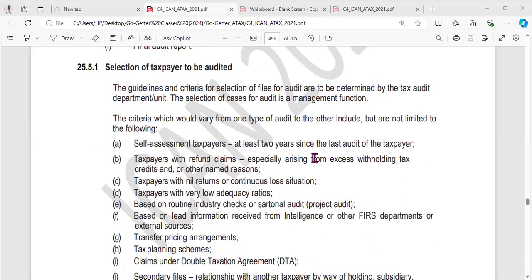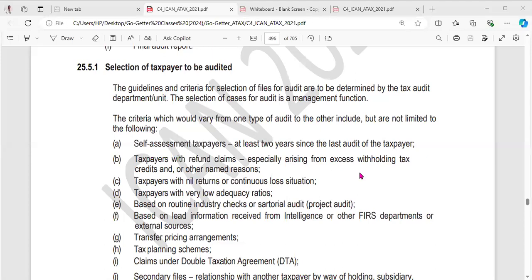So how does the tax authority select the taxpayers to be audited? Do they just cast lots, or maybe throw a dice, or flip a coin? No. Some of the criteria: if the taxpayer has not been audited in the last 2 years, it could trigger selection for audit. Another one is claiming excessive tax credits, especially withholding tax. You know, withholding tax is supposed to be used to reduce your tax. And when you are claiming withholding tax plenty, such that you are not even paying tax to the government, it calls for